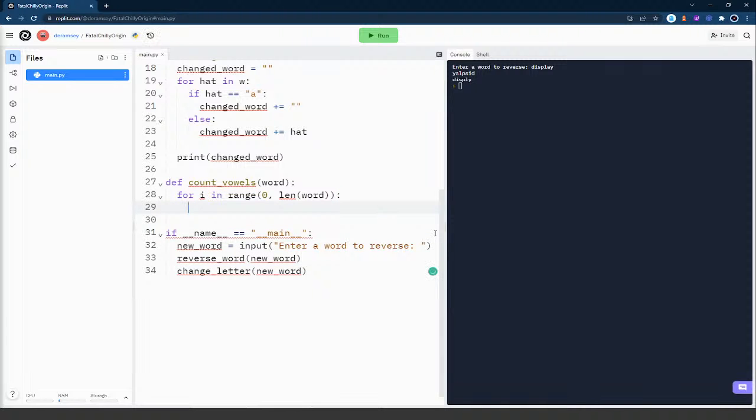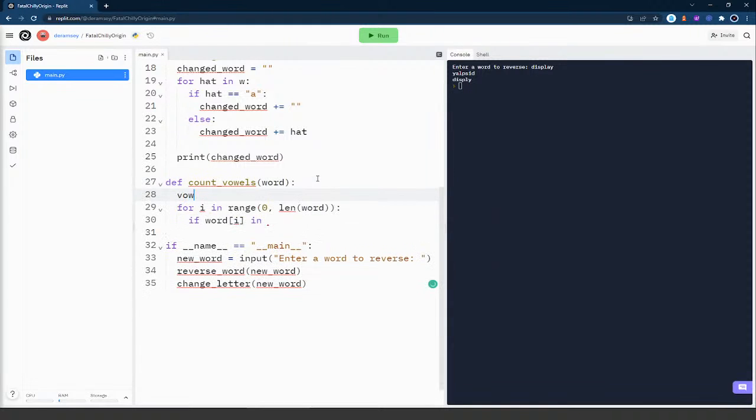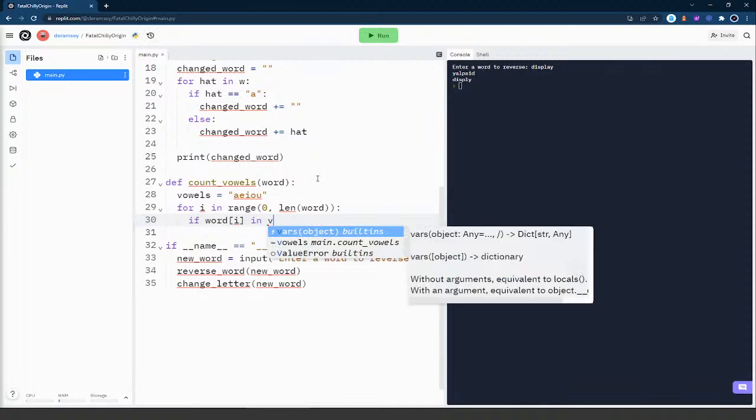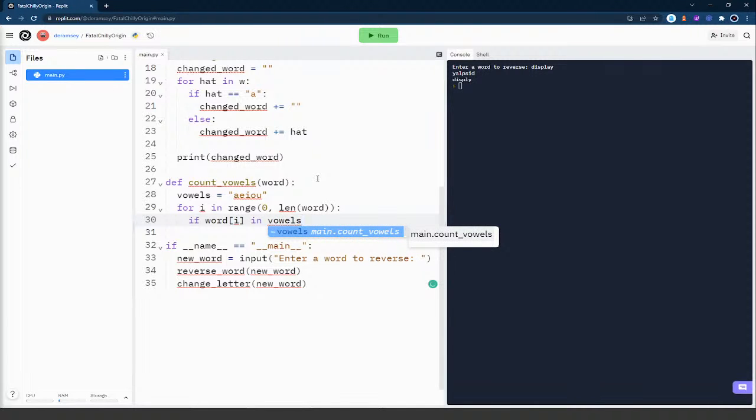So then we can see if this particular letter, so if word at the index location of i, is in another string, right? So we can make another string. We can call it vowels, and we can set that equal to a-e-i-o-u. So if word at index location i in vowels, which is essentially just saying if this letter is also in this other string,